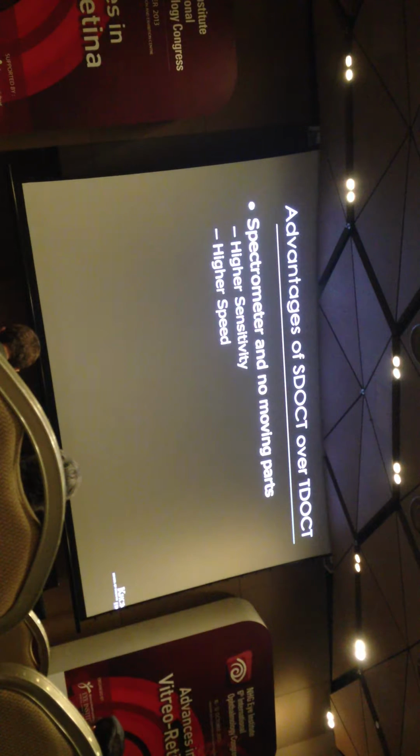And so each of these A-scans are acquired, animated too fast there, but each A-scan is acquired all at once, and that really improved the speed. And so that has many advantages. I mean, using a spectrometer, no moving parts, gives you better speed, as I'll illustrate,